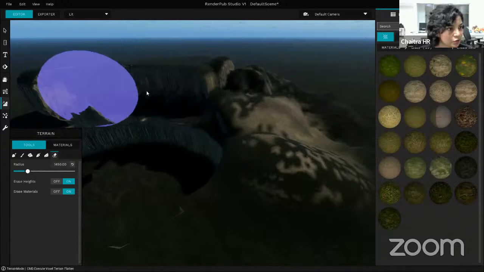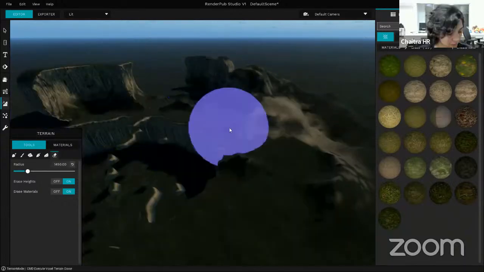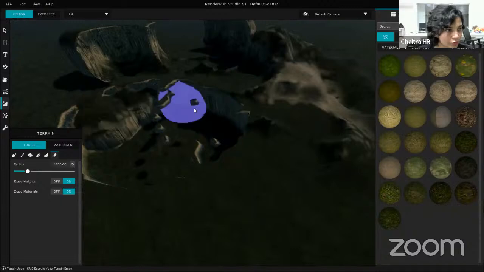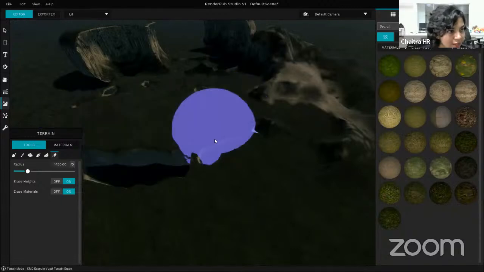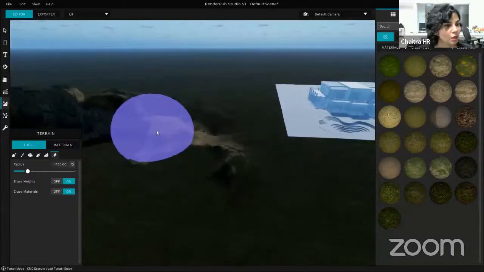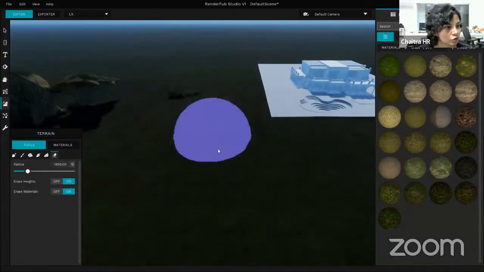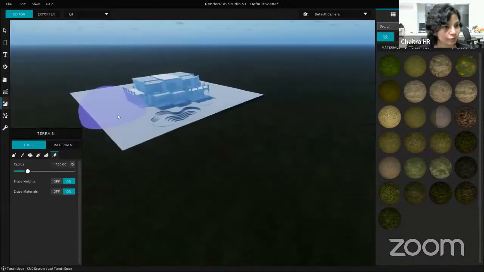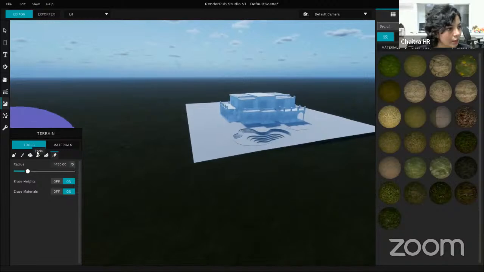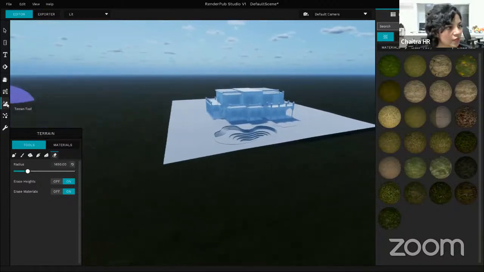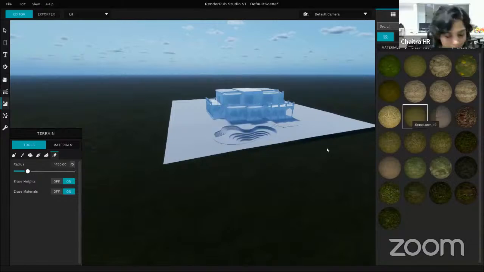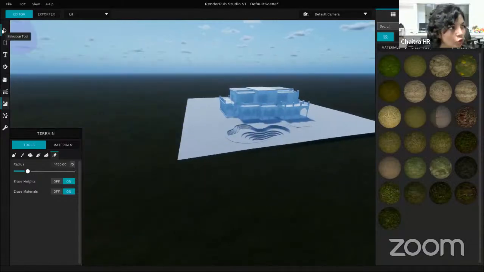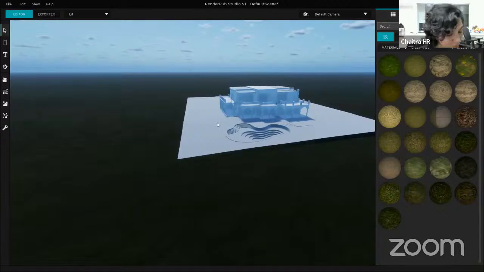And this is the eraser tool. Whatever you've done, whether you've leveled up or dug up the ground, it erases anything you've done and brings it all back to normal. So I'm just going to erase everything. And yeah, that's the voxel tool. There are so many more things you can do. Obviously, this is not an exhaustive demo, so I'm not going to do all of them. Okay, let's click on the selection tool so we can go back to